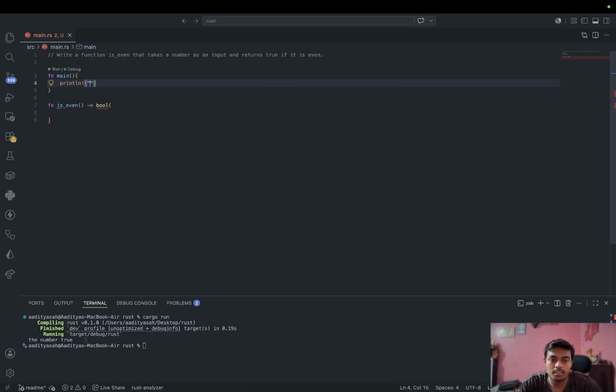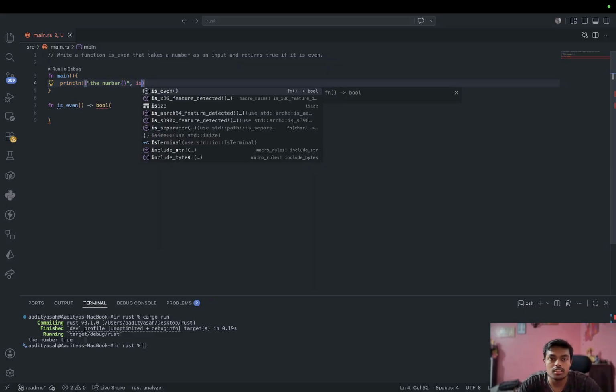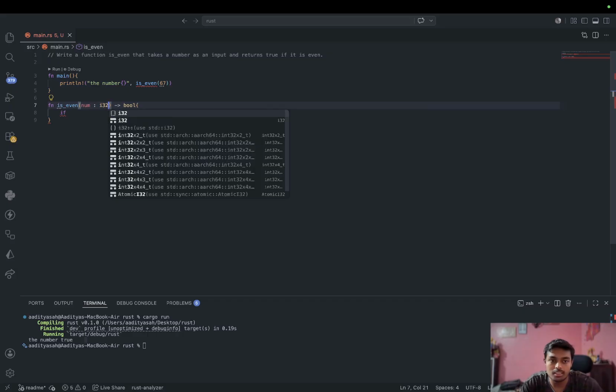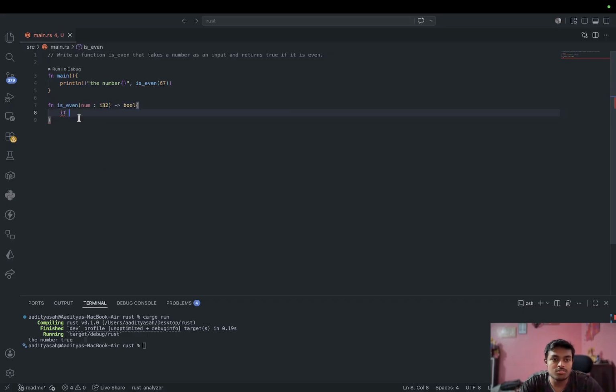print, like, the number is even, and we will pass a number like 89, and then let's add, like, 67. Okay, and then after this, just start our calculation. The given number that I have to pass here will be i32. If the number's remainder when divided by 2 is equal to 0, then return true,